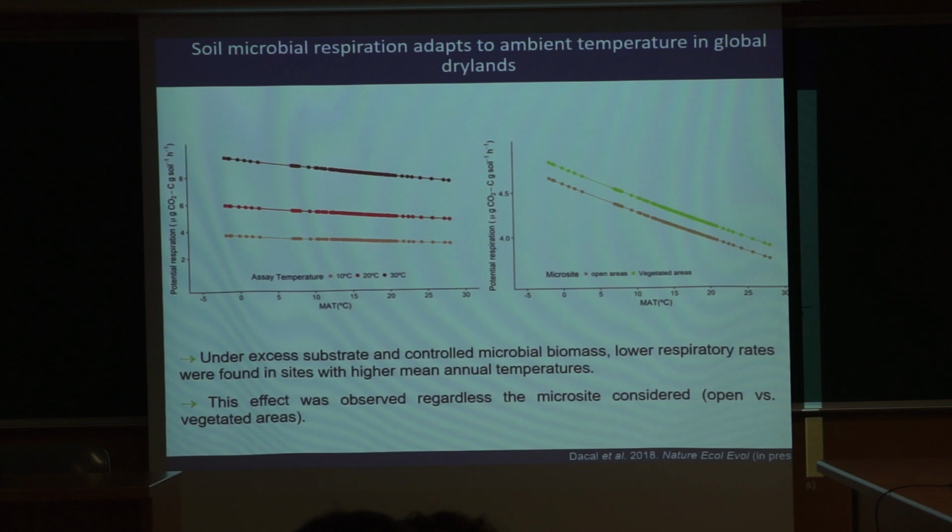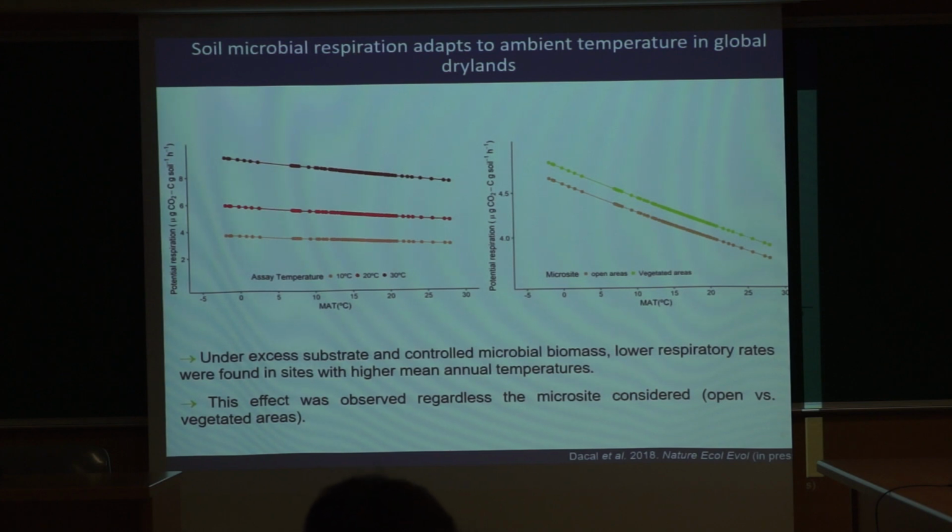That suggests that microbial communities are adapted to the mean annual temperature conditions of the site, which has not been shown before using this type of empirical data. Also, in our survey we collected soil samples under the canopy of vegetation and in areas between plant patches, so we were able to test small-scale differences in resource availability. As you know, in drylands, under the canopy of plants you have more resources: more nitrogen, more carbon, higher biological and microbial activity. Again, we found the same trend, but locally, respiration is increased under the canopy of vegetation, which also makes sense. These results are very interesting, because it's the first empirical evidence suggesting that microbial communities are adapted to local temperature,